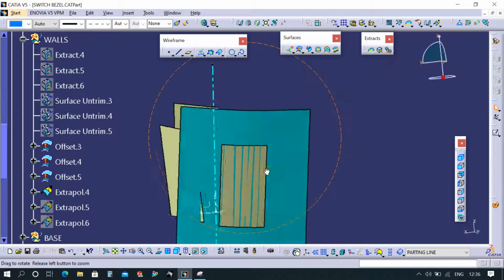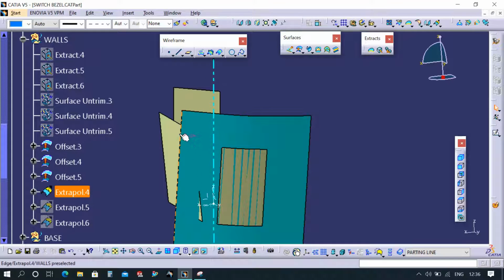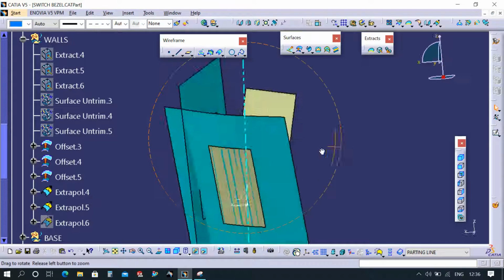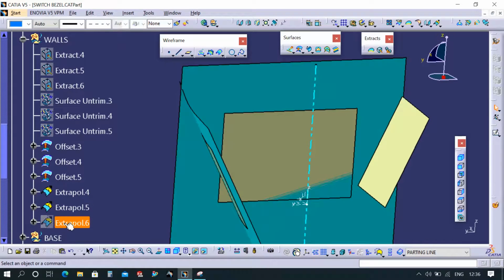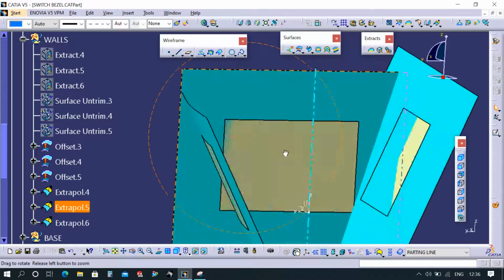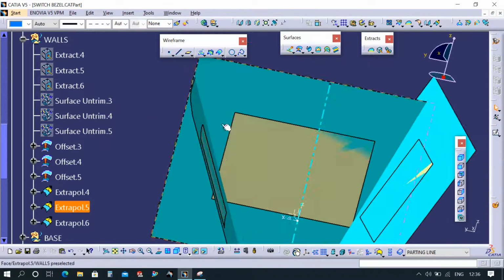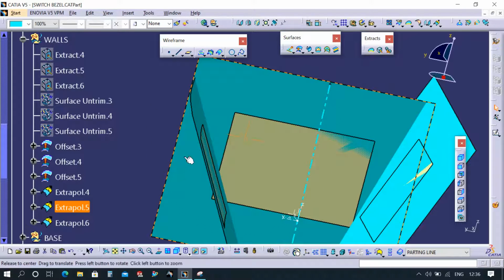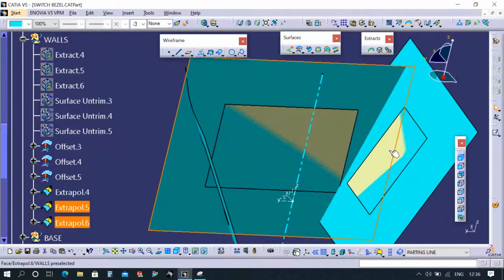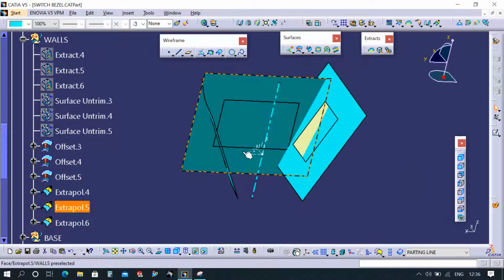So extrapolate this one, do it for the other surface also, and this last surface also. Now basically you need this inside surface. Outside, this one you don't need it. So you have to untrim it for that.